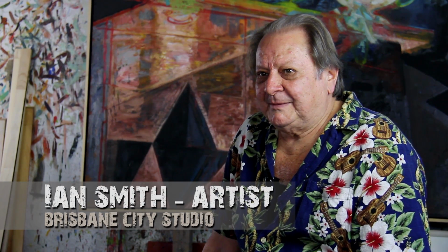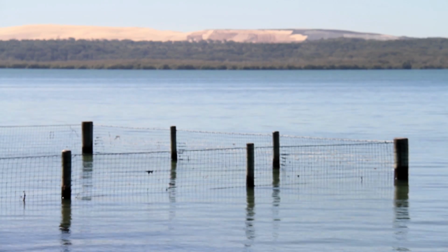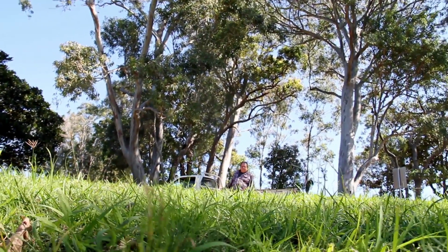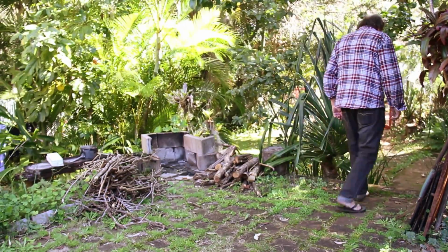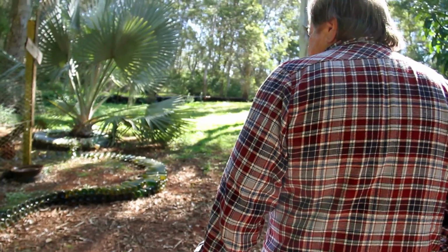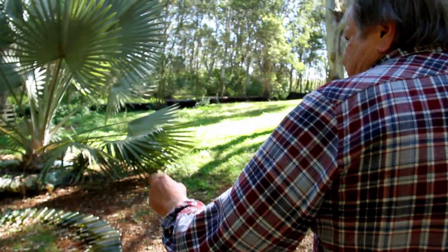About 10 years ago I bought a place on one of the Bay Islands, on Lamb Island in the southern Moreton Bay, while still working at my studio in inner city Brisbane. I come and go to the island about once a week for a few days, and naturally it's very visually interesting over there, and I immediately, almost like as a relief from my city studio activities, started going out in